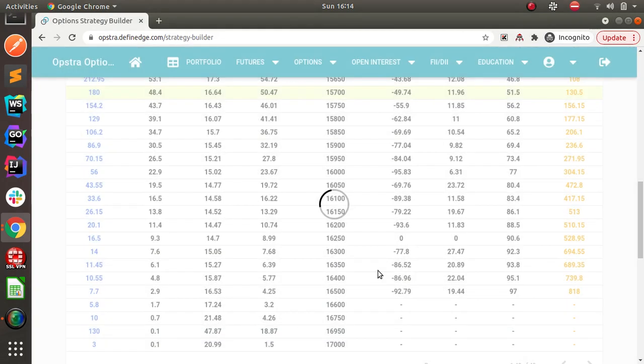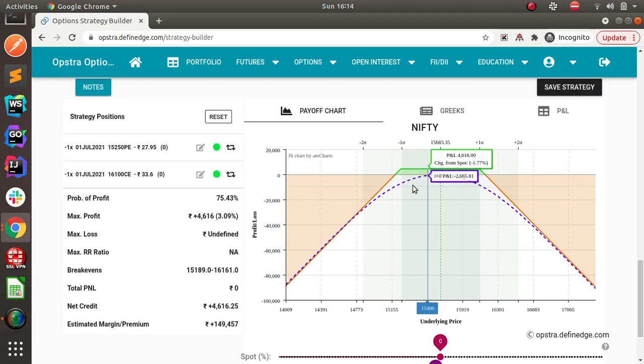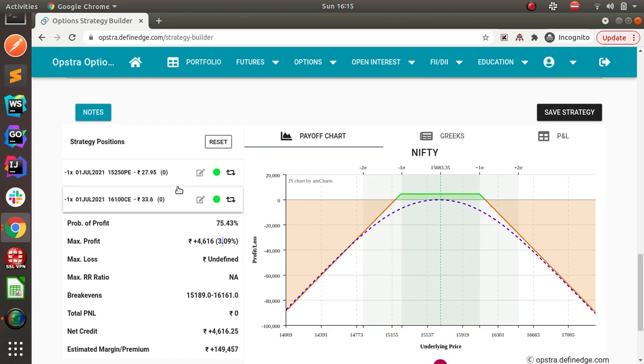add to the position. So if you see, this is how our payout graph looks like. If Nifty closes in between this range, we will be in profit of 4,000. But this requires a huge margin because we are doing only selling, naked selling on both sides. There is no buy that we did which makes a hedged contract, we are just using short strangle. So this is the strategy.